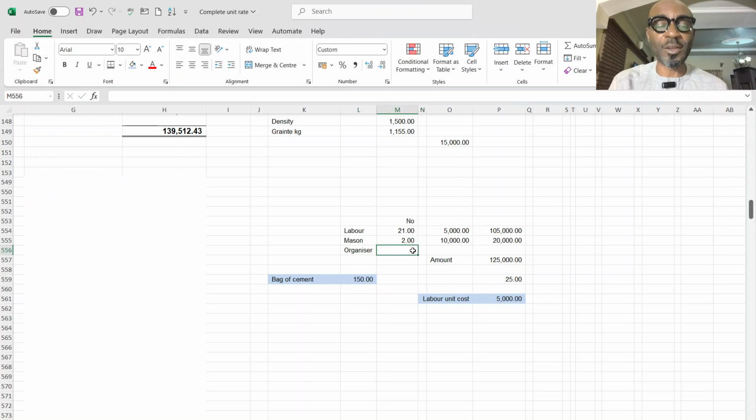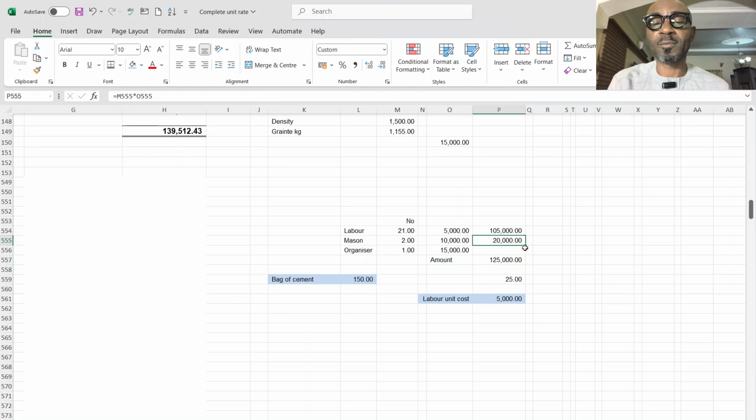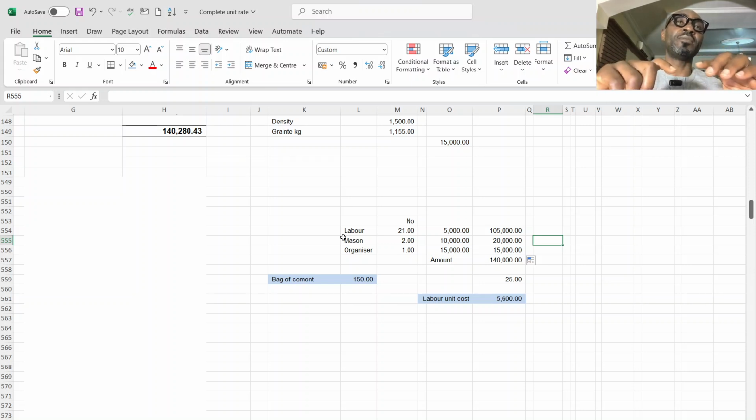You pay them for their own effort. So if you bring them and you pay them for their own effort, over time you've been able to determine the number of workers they bring for a certain kind of concrete work. Say you have a beam, a monolithic slab you want to cast, where you are casting the slab